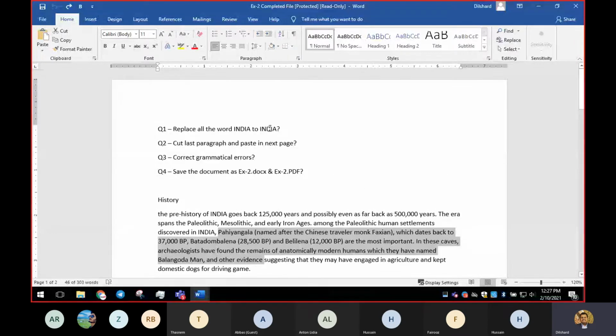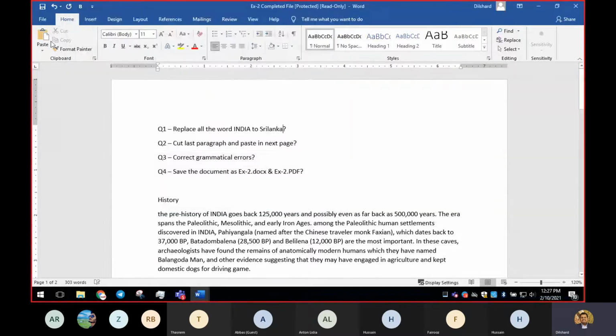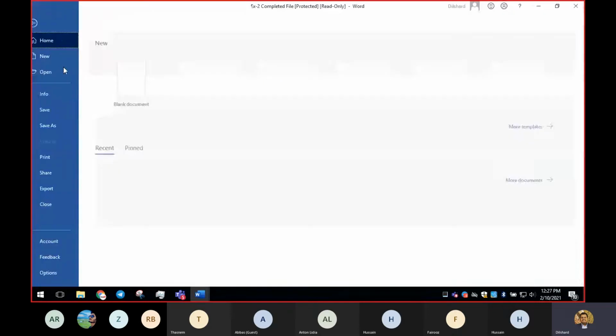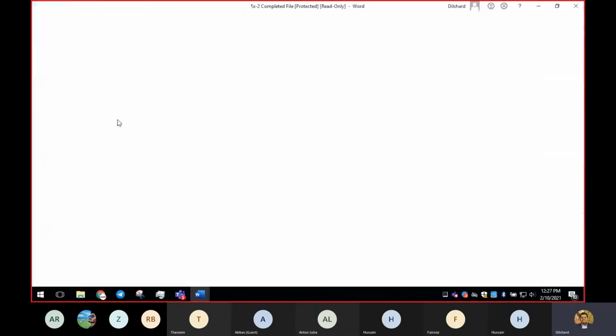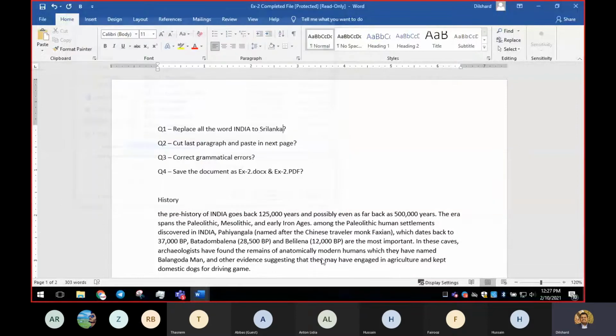Let me try changing this into Sri Lanka, and when I try to save. So what is the purpose of read only?